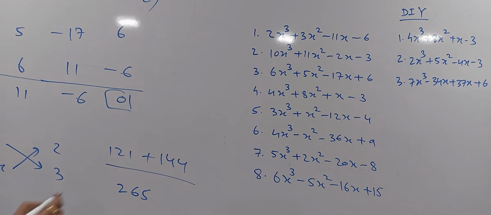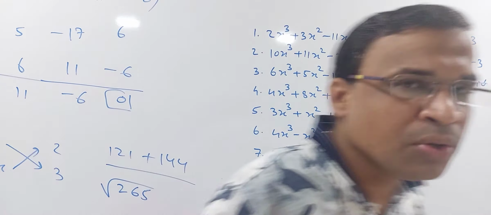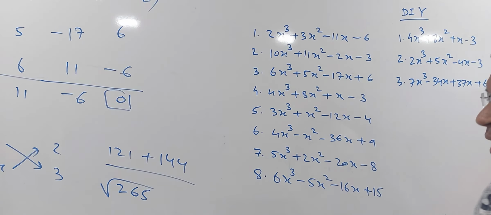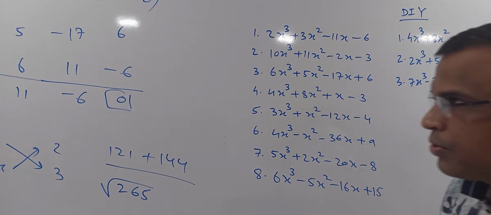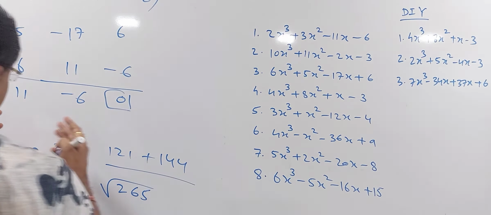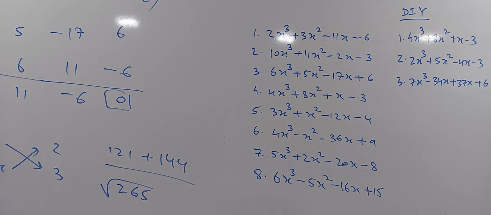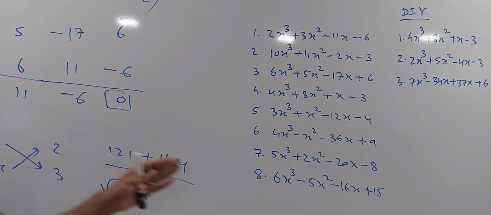Why? Because under root 265 will give you basically irrational roots. Fine, and here we are trying to get the rational roots using the split, so that is the reason it is not useful over here. Fine, so I hope that using that